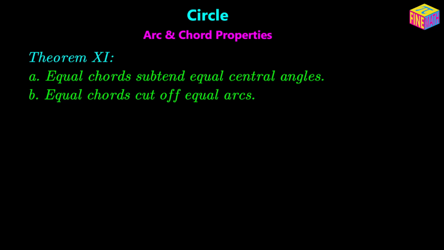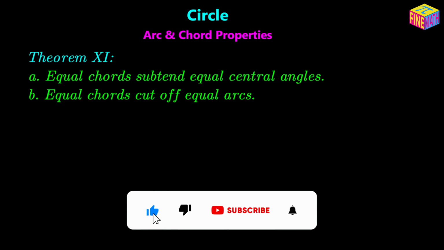Hi everyone, in this video we are going to discuss theorem number 11 from the geometry of circles. The theorem says that equal chords subtend equal central angles. That's the first part of the theorem, and the second part of the theorem says that equal chords cut off